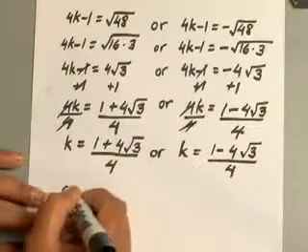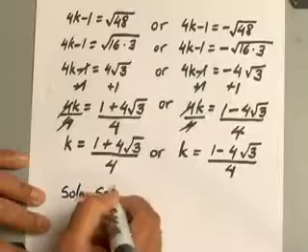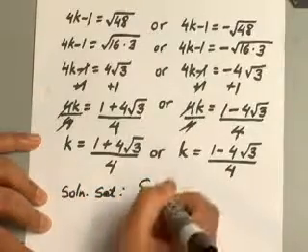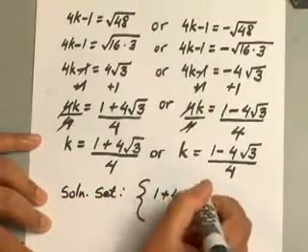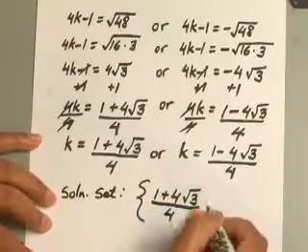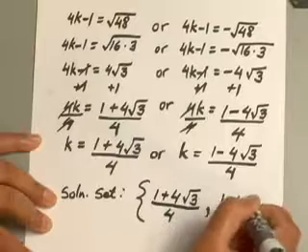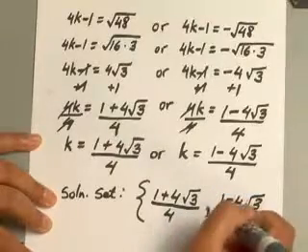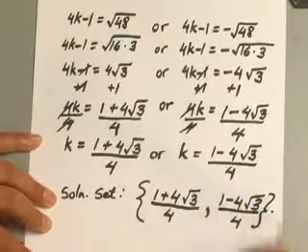Okay, so you will end up with these fractions as your answers. And again, we will say your solution set is going to be (1 plus 4 square root of 3) over 4 as the first answer. The second answer will be (1 minus 4 square root of 3) over 4. Okay,